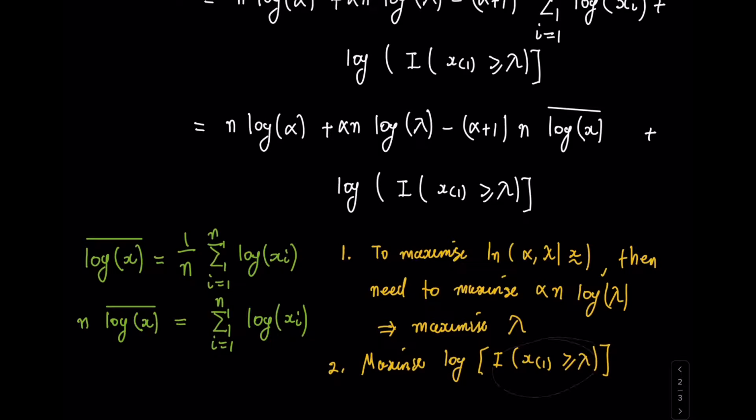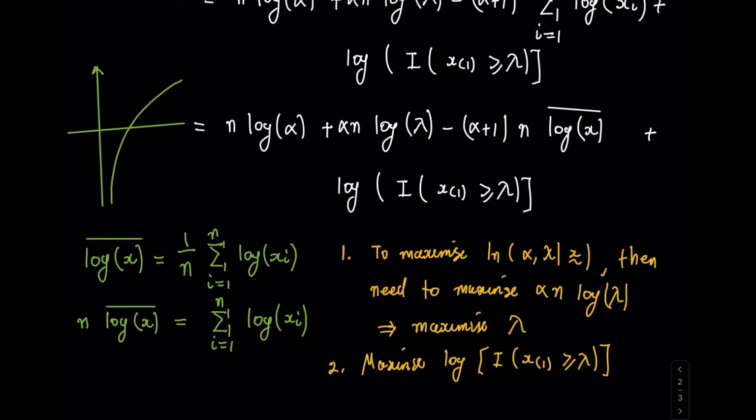Remember, the indicator function can only take two values, 1 and 0. If it takes a value of 0, then you take log of 0, which is undefined. But if we were to sketch out a quick version of what a log function looks like, just on the side here, just to understand,